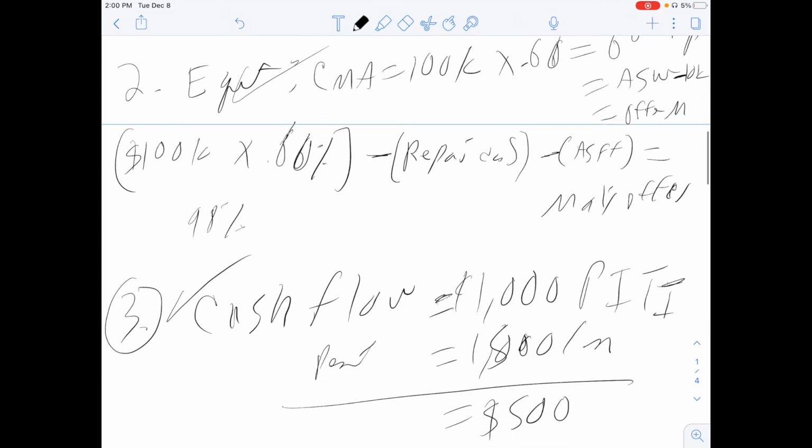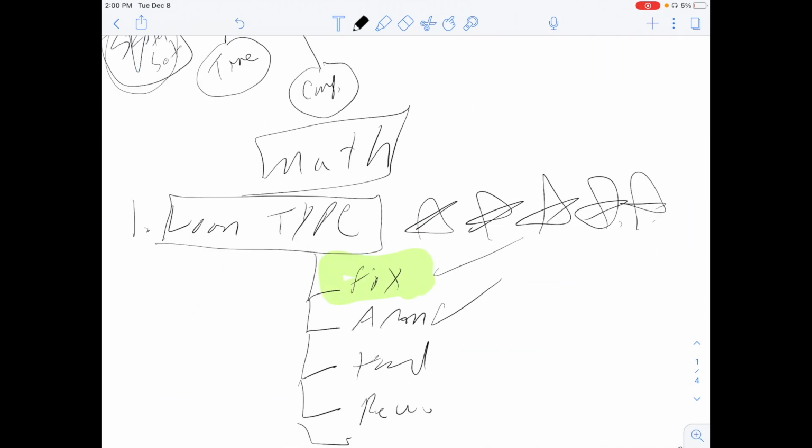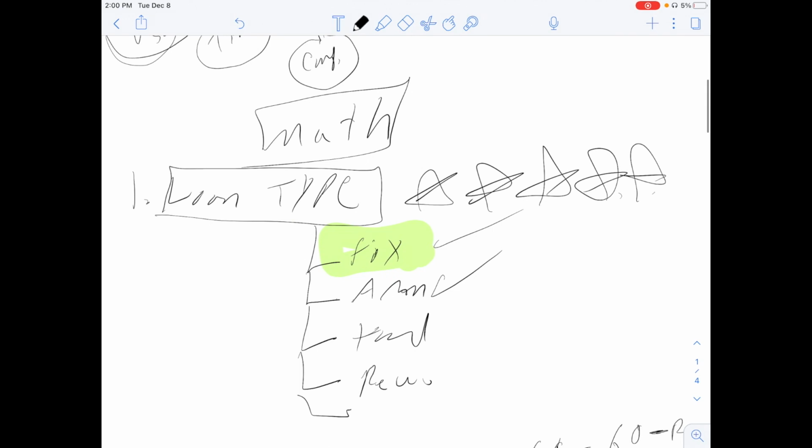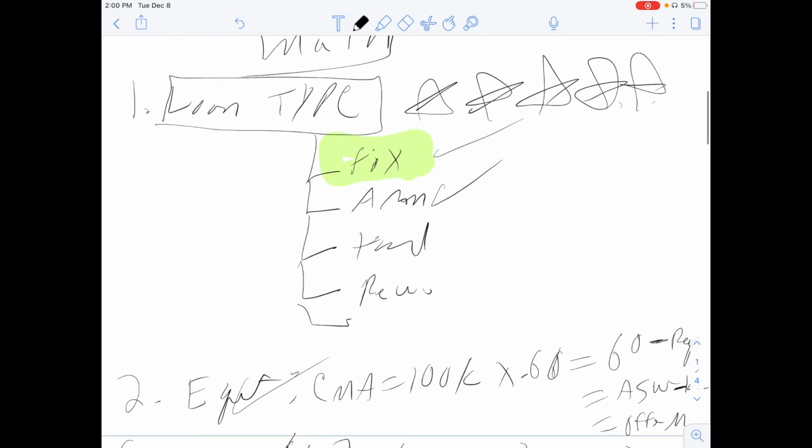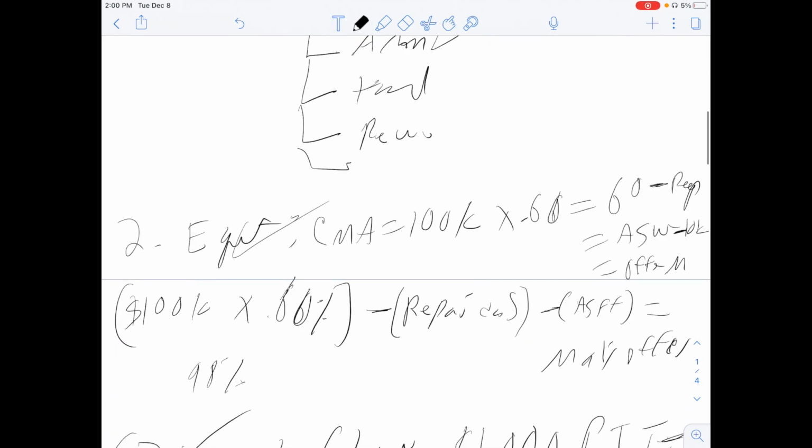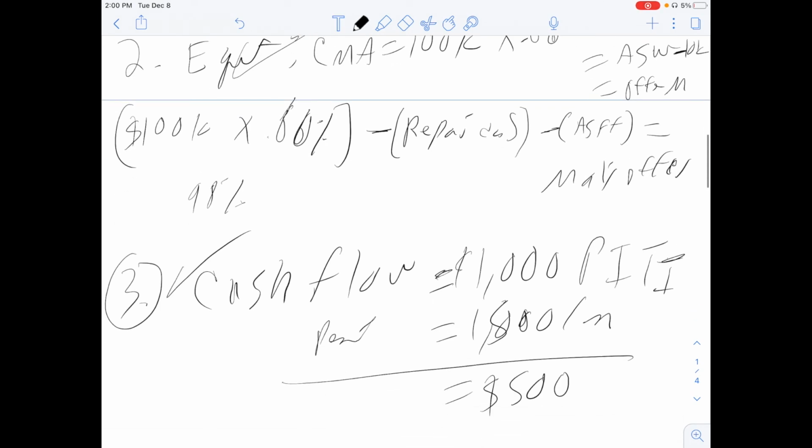Then we also have to summarize it up. There are different loan types that are important, and the deal worth: how much equity is in the deal, and cash flow. Am I making $100 a month? Am I making zero a month? Am I making negative equity? Because believe it or not, a lot of people buy homes, get loans and hard money, and have negative cash flow they have to pay every month. So what is the cash flow?